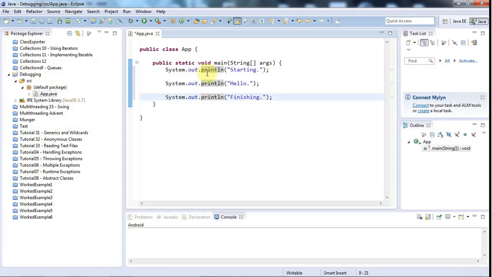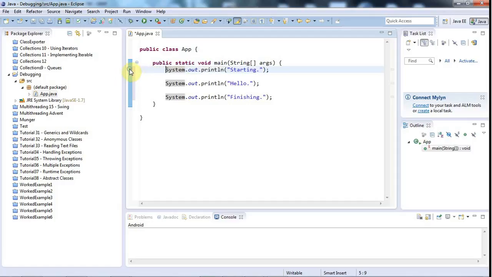So let's say that we want the program to start executing, but then to stop at the very first line here in main, and from then on we want to go through it bit by bit, line by line potentially. I'm going to set a breakpoint right here, so I'll go over to the left hand margin and double click, and you can see that a little sphere has appeared, and this is a